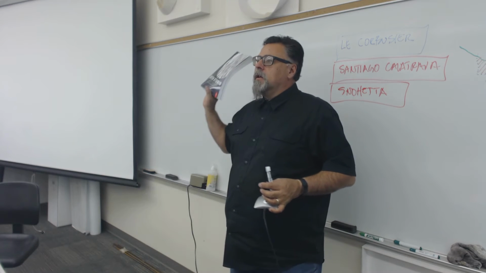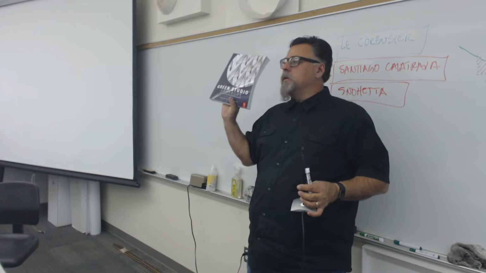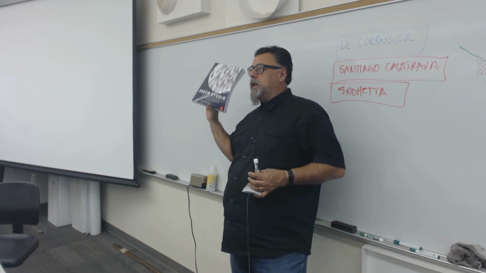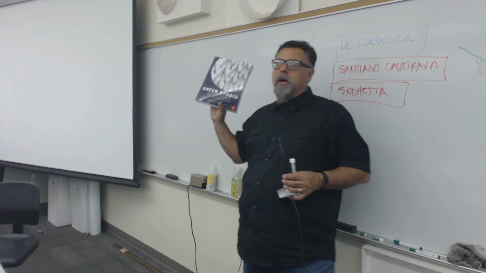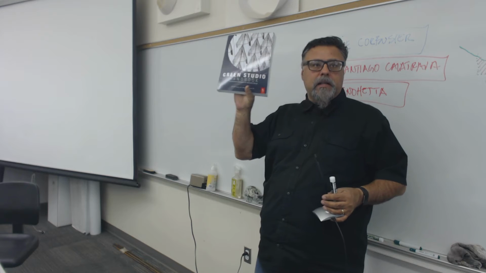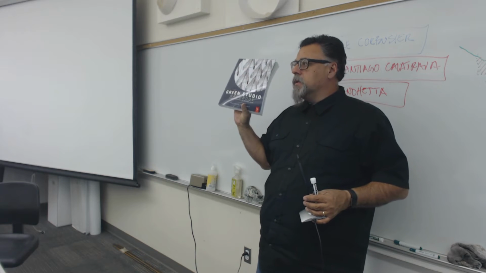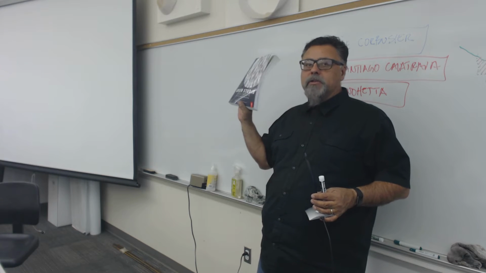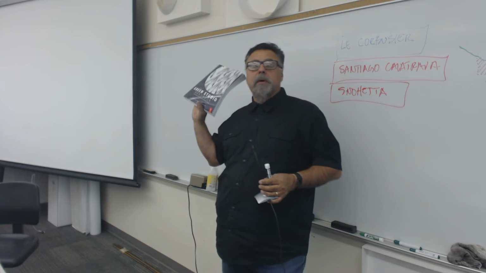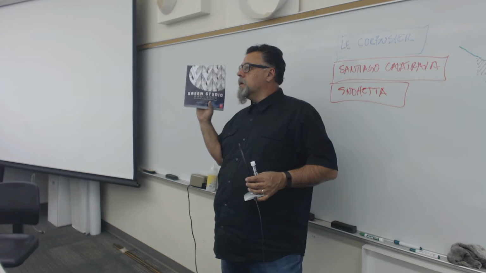First of all, the book that we will be using this semester is called the Green Studio Handbook. They just released a brand new version of it. You do not need to buy the new version. Get the second edition. That looks like this. It's a lot cheaper than the first one, and there should be a lot of used copies out there. You will need to have this by next Monday, or next Tuesday, because I'll be assigning a few readings